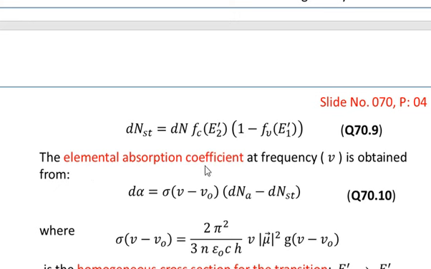The elemental absorption coefficient d alpha at frequency nu is obtained from d alpha is equal to sigma as a function of nu minus nu naught multiplied by dNA minus dNST, where dN is the total number of absorption, and from that one we are subtracting those which contribute stimulated emission. So this will give you only the elemental absorption coefficient,